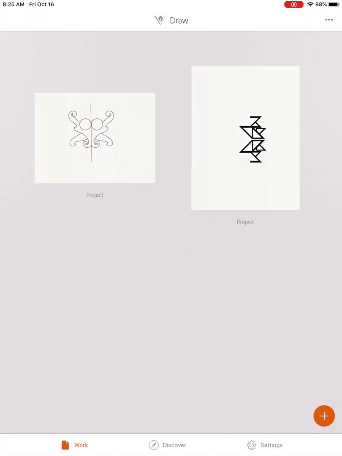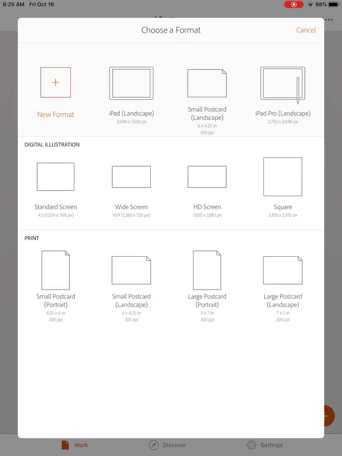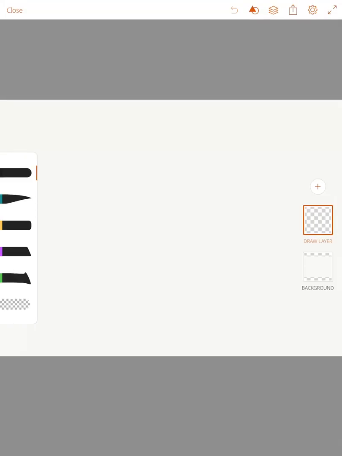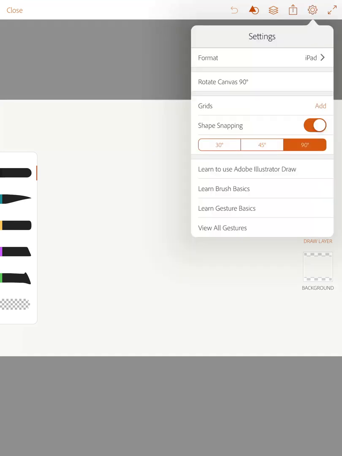These are my projects, and I posted a video already about how to get started. But just as a reminder, we press the plus in the orange circle at the bottom. We're gonna go to iPad landscape. All right, and if we haven't done this yet, we're going to set up a grid by using the wheel,